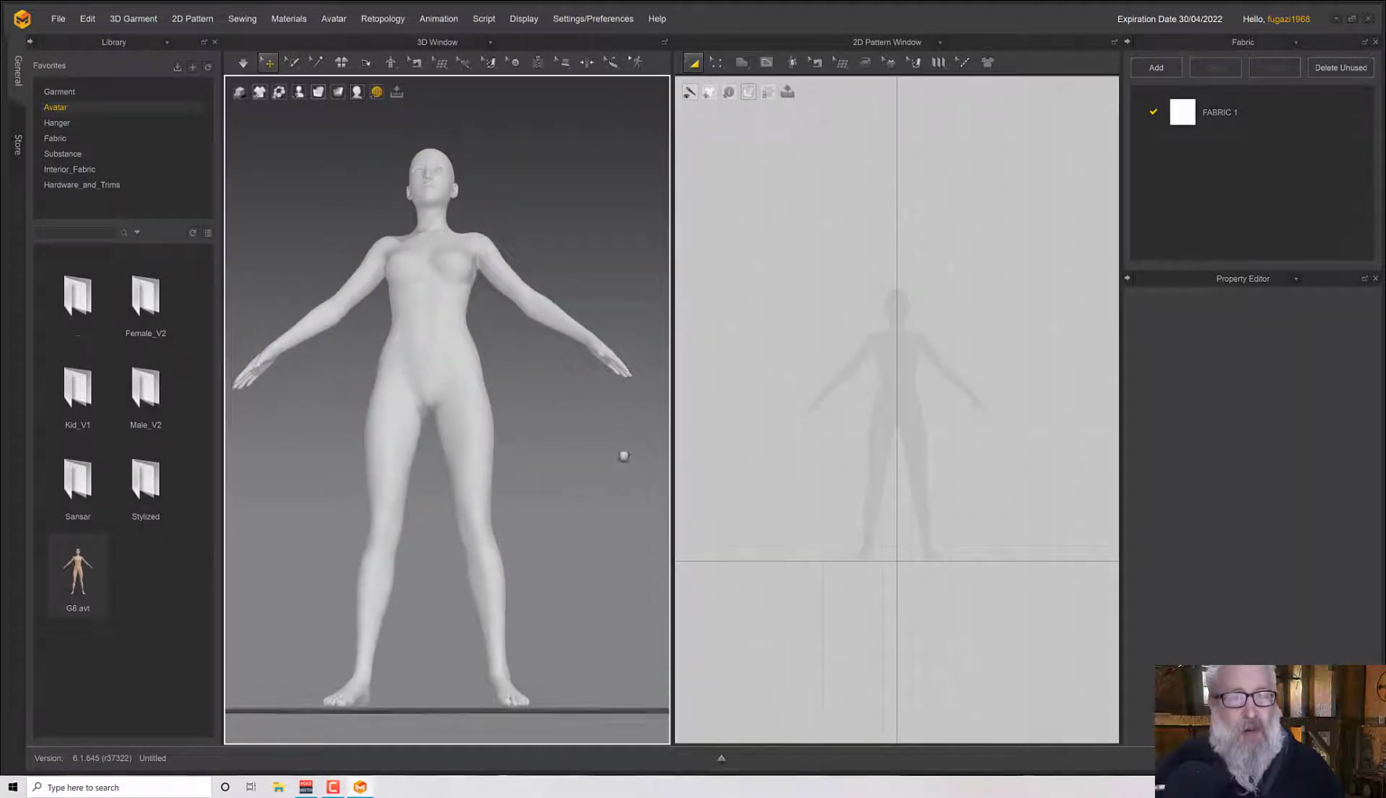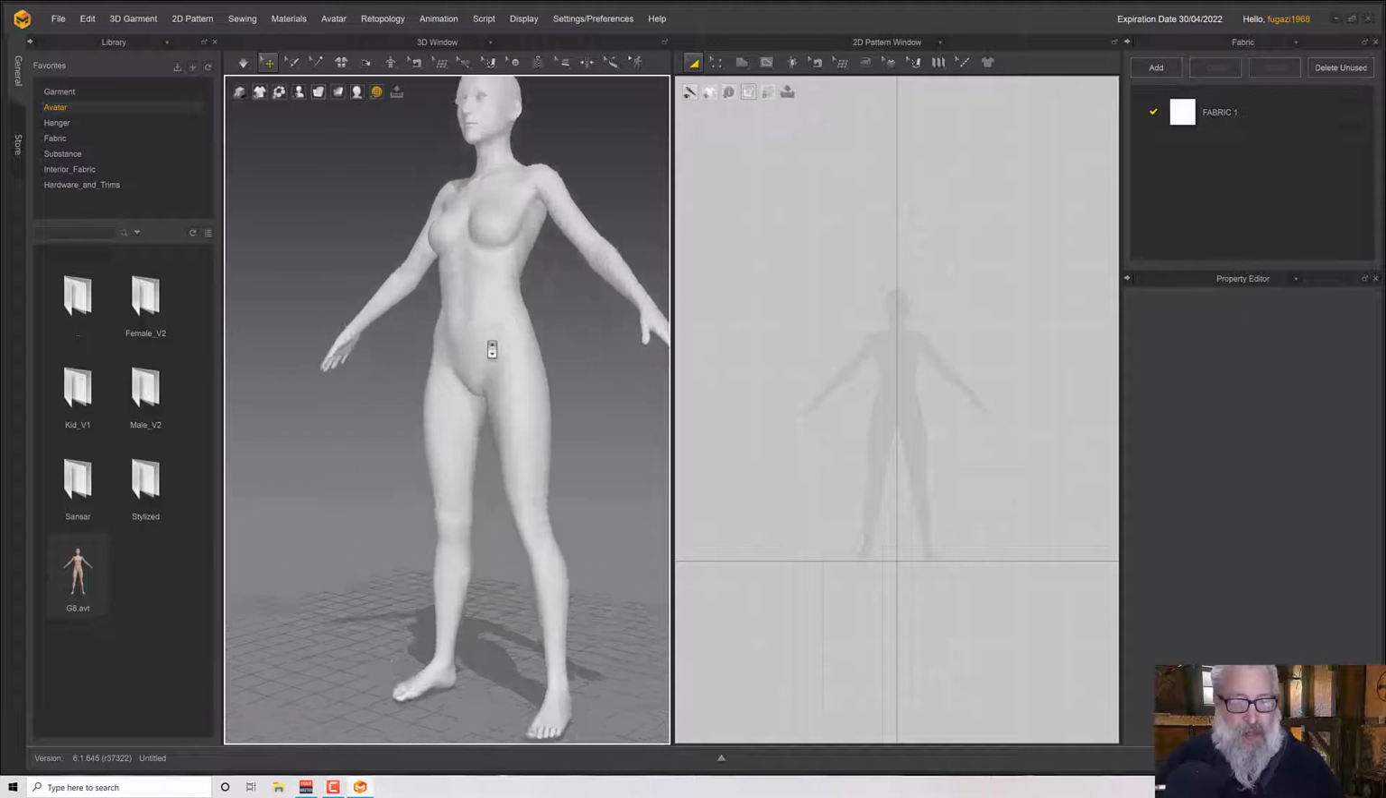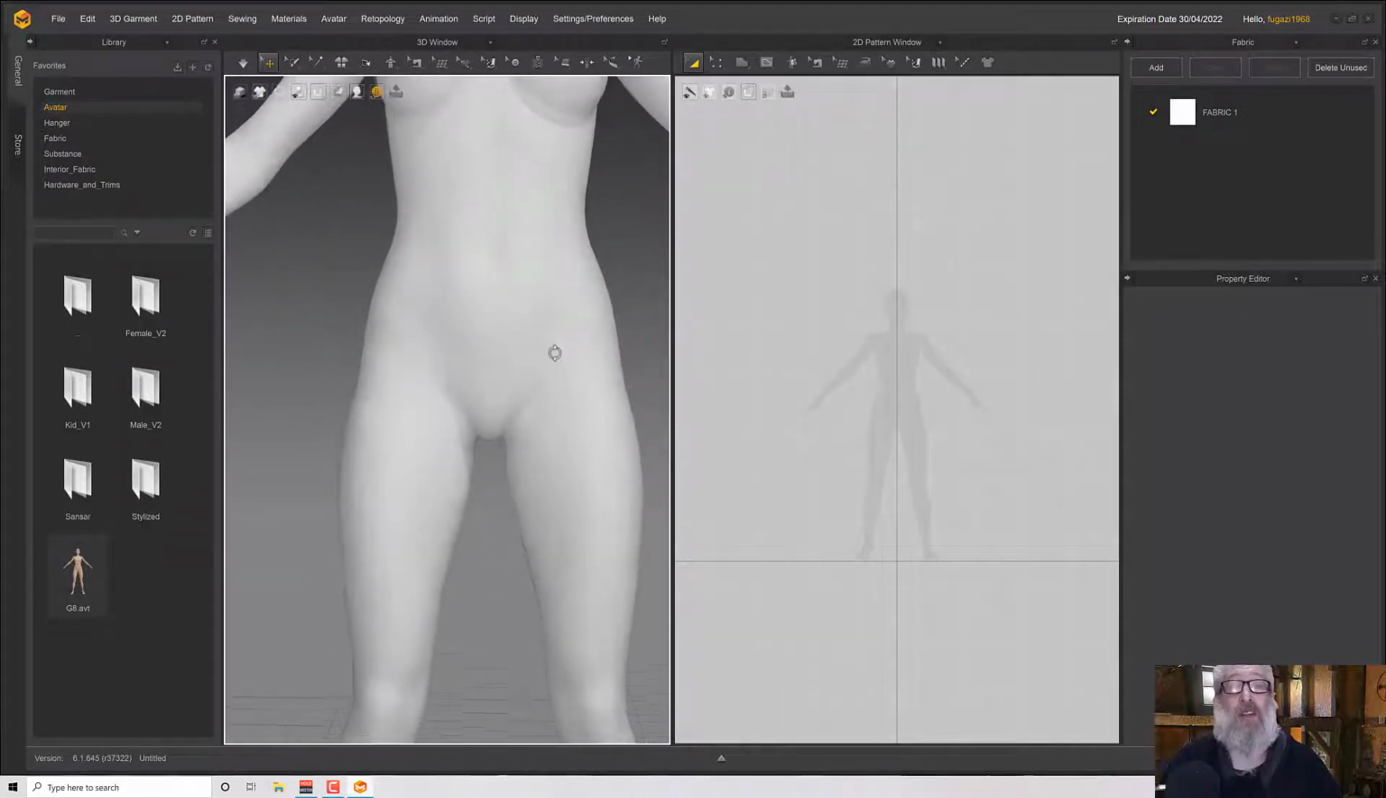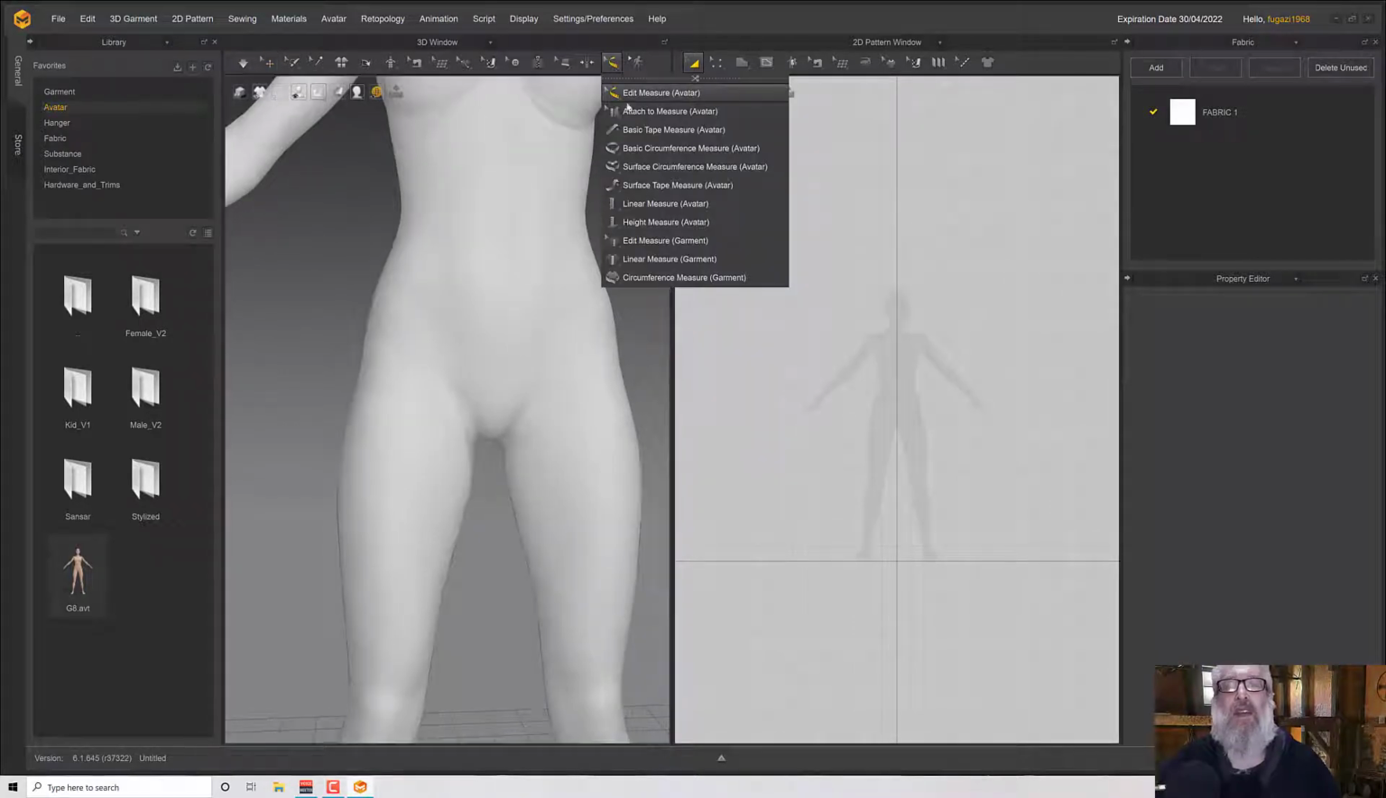Okay, so starting with pants, I want a waistband, and for that I need a measurement around her waist, of course, and for that we'll use the measurement tool. So I'm going to use a basic circumference,